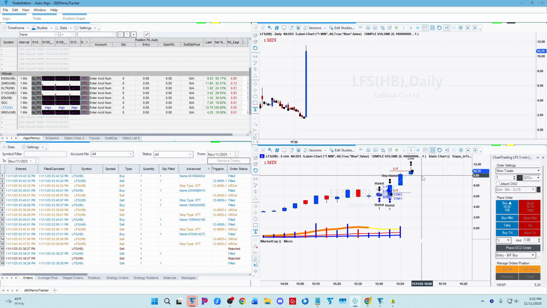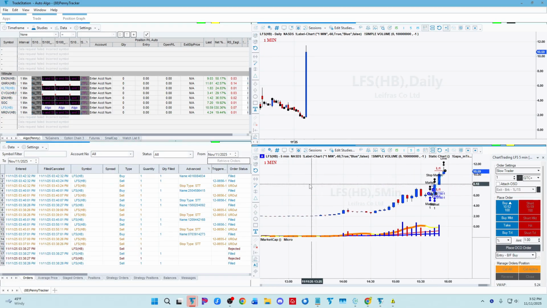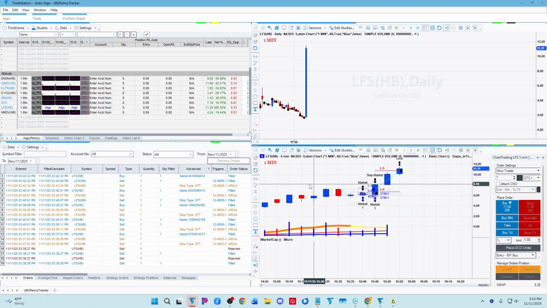Oh, it went through. Wow. And we didn't even get the satisfaction of seeing it go through. That's sad. But again, that's the beauty of algo trading. With algo trading, you're not supposed to get invested. You're supposed to let it happen, and just let it happen, and don't get invested in the emotions of what